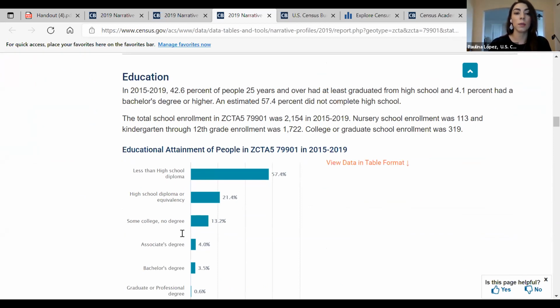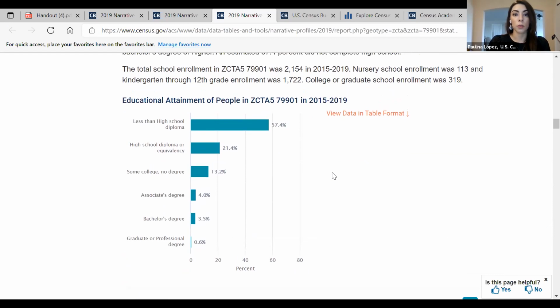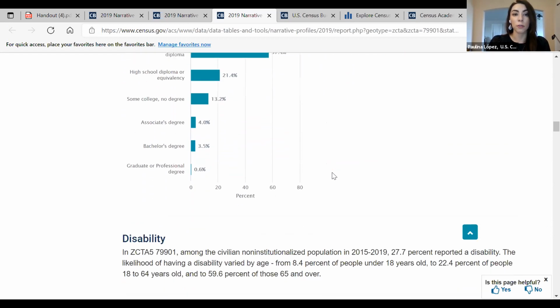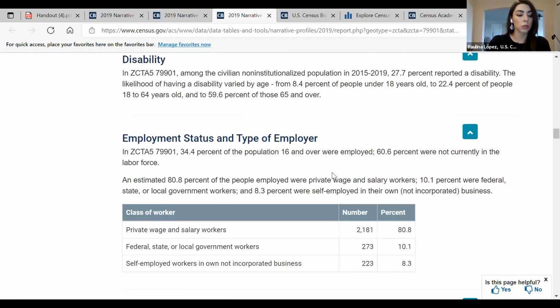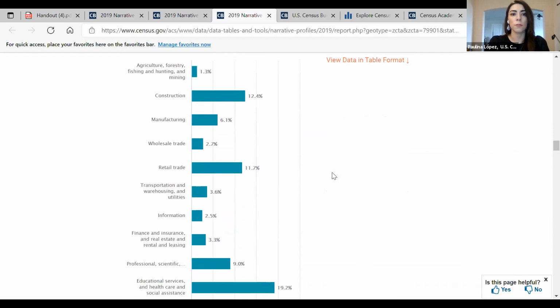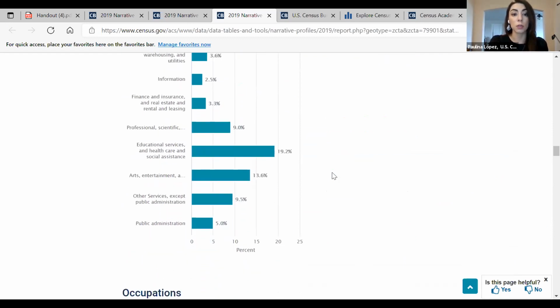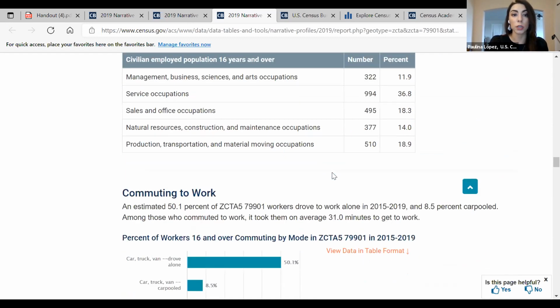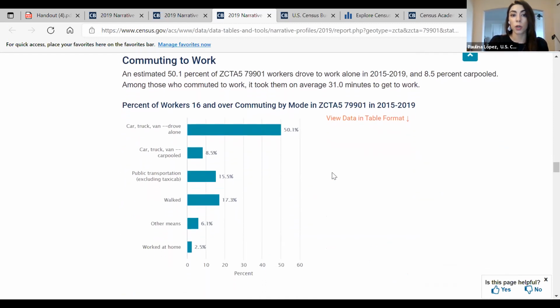So you see the educational attainment is the 57.4% has less than a high school diploma. So this would be a focus area for our school districts to work on, for example. And then what are the industries and types of places where people work at, occupations, commute patterns to work.